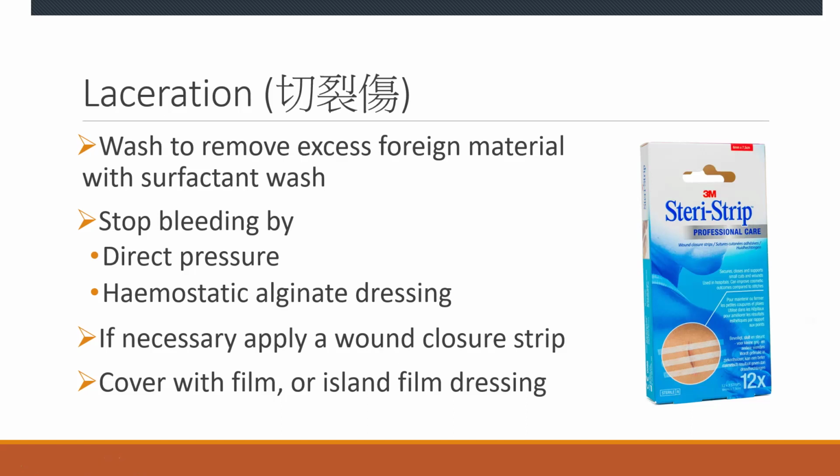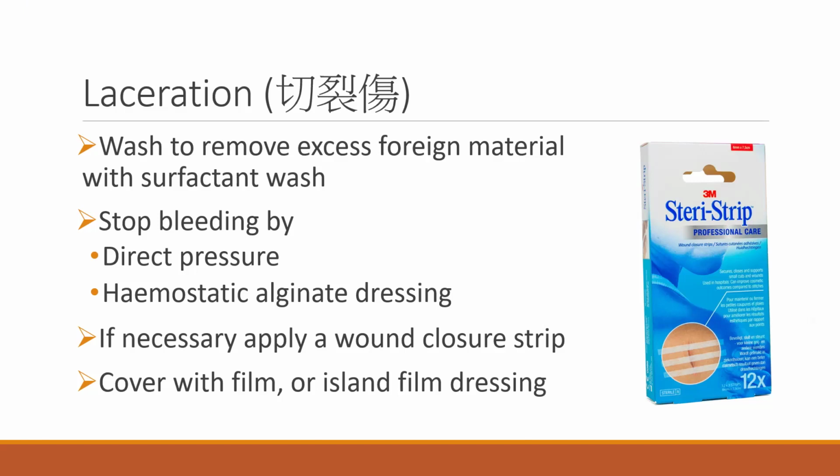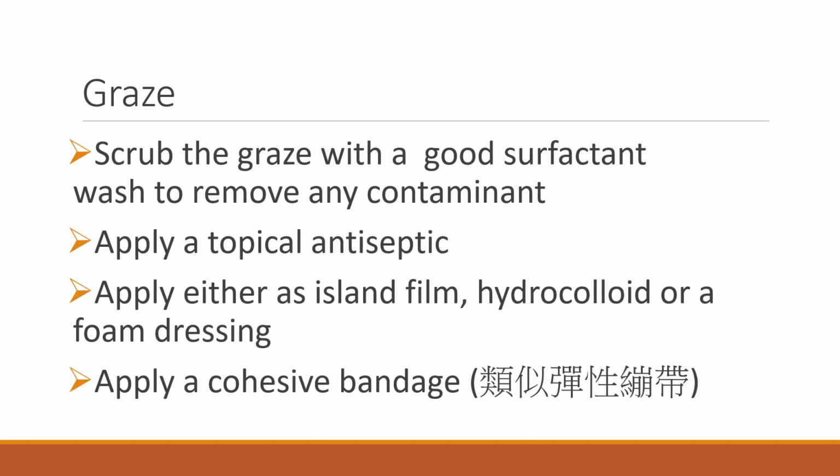因为切伤或者撕裂伤，那个伤口是 the wound is open, so you need a strip to help it close. And then after you've done that, you cover with film or even an island film dressing. 所以当你做完伤口的处理，外面你可能就要加上一些一些敷料这些 dressing，那这个 dressing 可以选择有 island 的，或者是就只有 film 这种 dressing。那 graze 呢，就是擦伤，就是那擦伤的话，you have to swab the graze with a good